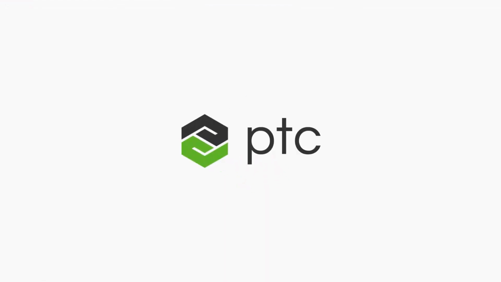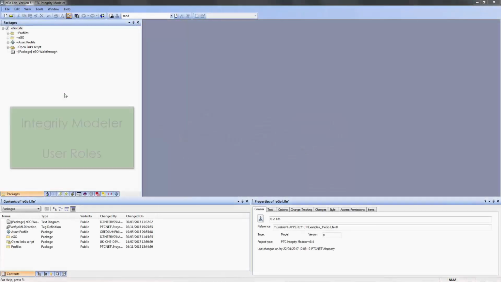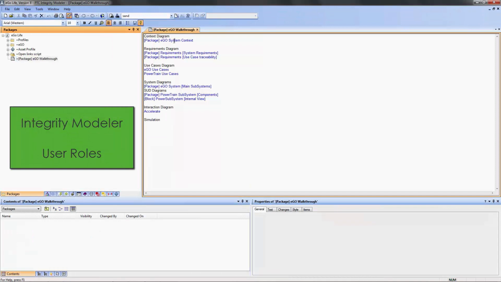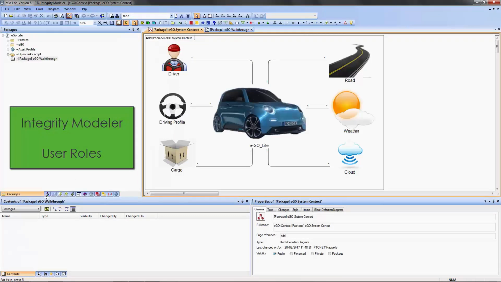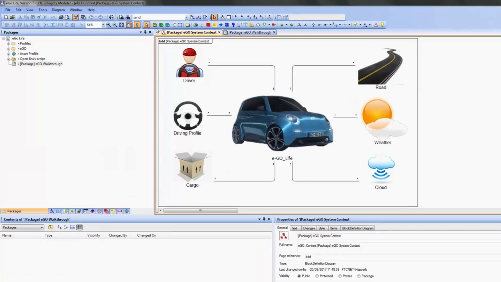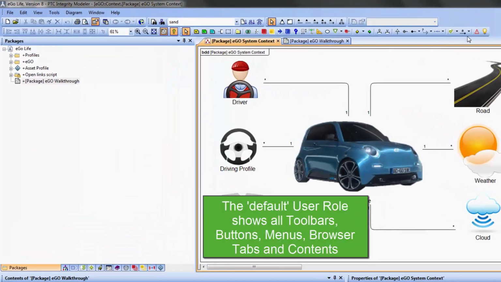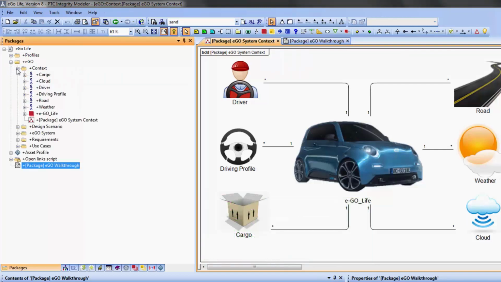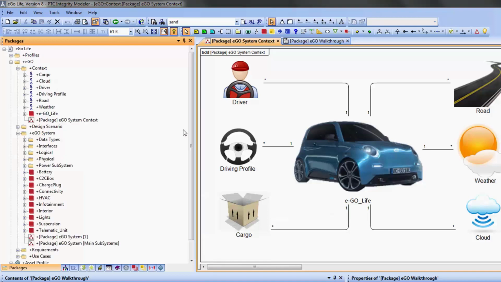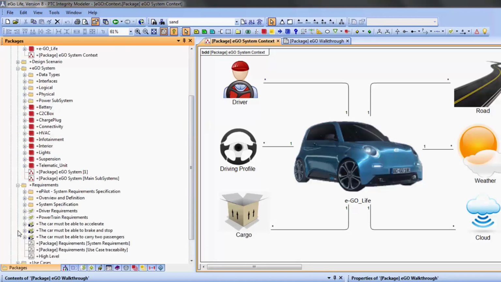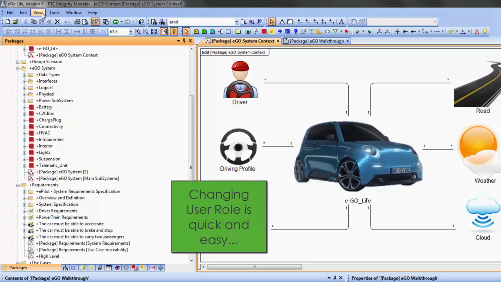We'll start off by looking at Integrity Modeler out of the box with all of the menus and toolbars available. Here we can see for a typical diagram that we have lots of browser panes, lots of buttons on our toolbars, and many menu options available. So this is the full power of Integrity Modeler, and in this case SysML. However, not everybody needs to see all of this detail, especially if you're new to SysML, or maybe an infrequent user, or even focused on a specific role and you're only interested in maybe requirements or